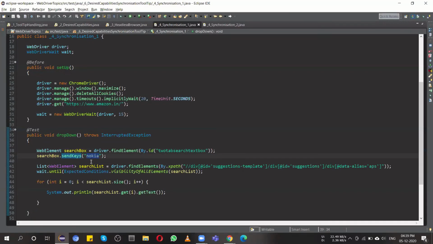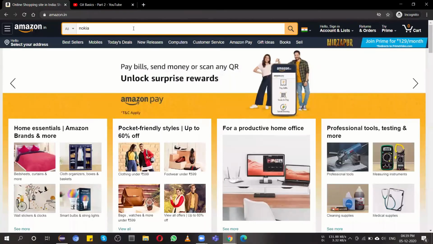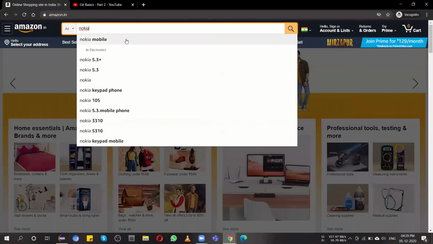Then after that I find the list from the search box, this list containing the XPath, or just the opposite of it, the XPath containing the list of all this.